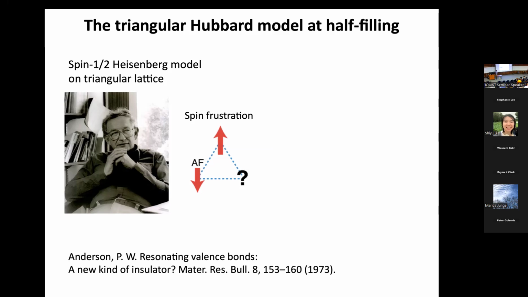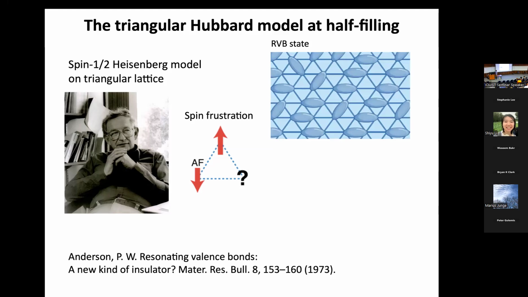As a matter of fact, one of the early predictions of Phil was that he was looking for the ground state of the system, and he suggested that it might be something like this, where you form singlets on each bond. You pair up these up and down spins in a singlet, and then you overlay singlets everywhere in the lattice on all the bonds, but there's no reason to favor any particular configuration. So you form a superposition of all the different configurations. This is the idea of a resonating valence bond state, which eventually led to spin liquids and so on. It turns out this idea was very inspirational and started the field of spin liquids, but was actually incorrect.